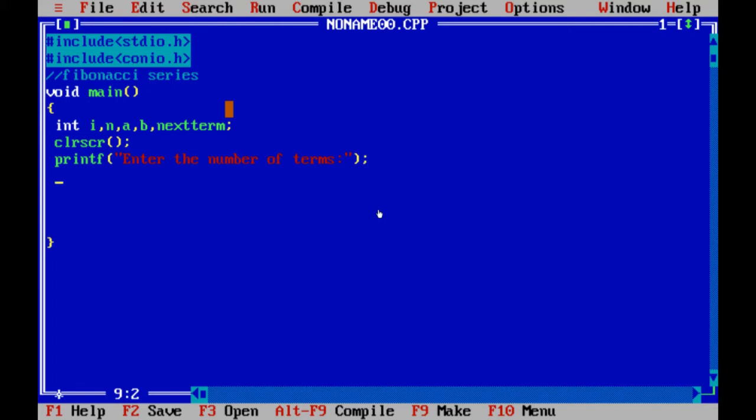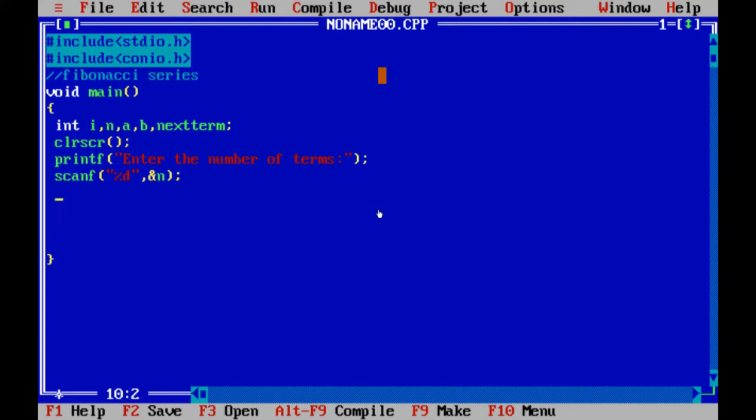Okay, so the scanf function is used to scan the values, or take the values from a user, while running a program. We are going to take the value n and it will be stored at the address of the variable n. And here %d specifies that the variable n is of integer type.